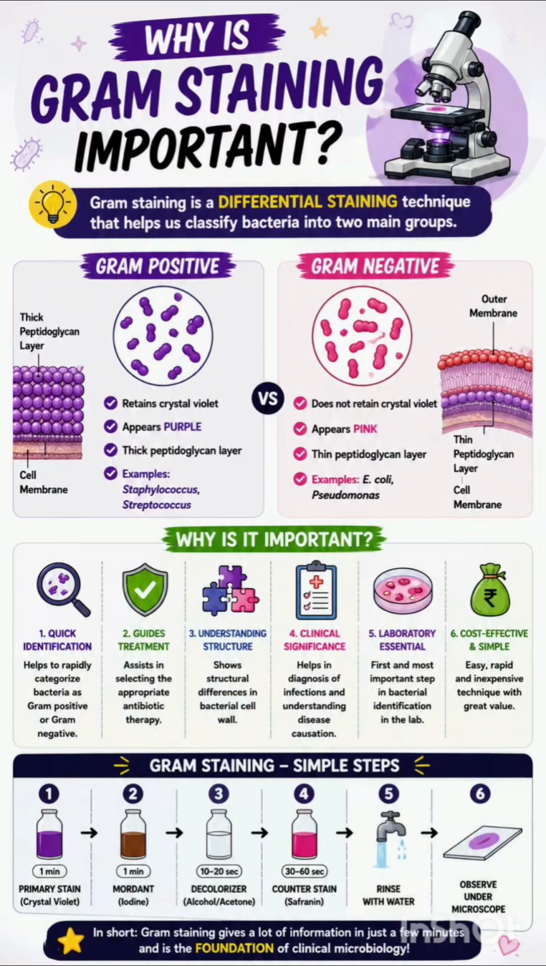And here are the simple steps of this technique. First of all, we use the primary stain, after that we use mordant iodine, then a decolorizer, and in the last step we use safranin. So this is all about